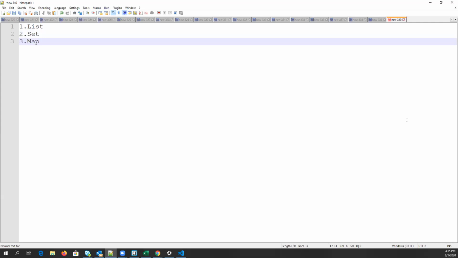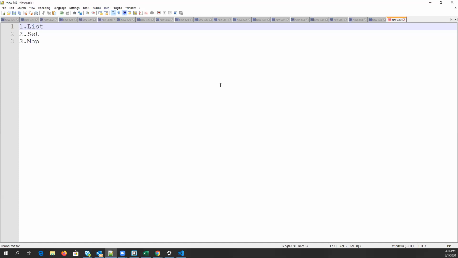And the third one is a map. So these are the three types of collections we have in Salesforce. We'll discuss each and every collection. Basically, these are classes: list, set, map. As we all are aware, everything in Salesforce is a class, so in the same way we have list, set, and map classes, which we call collections. We have a lot of methods for each of these classes, and we will implement all of them and understand how we can store the value, modify the value, and use the different types of methods of these collections.